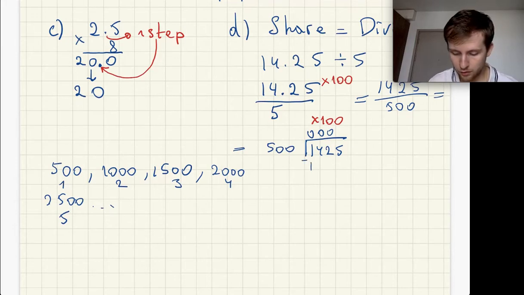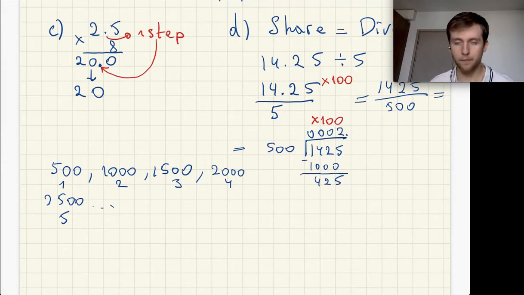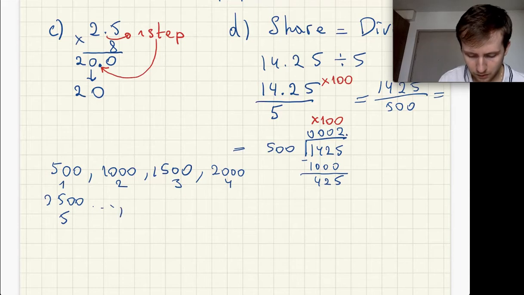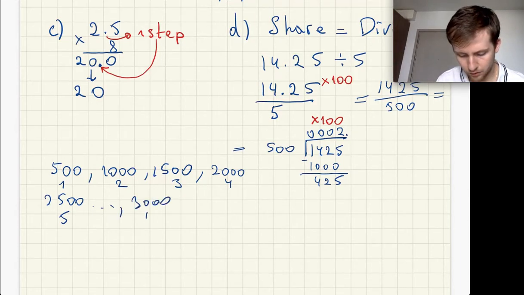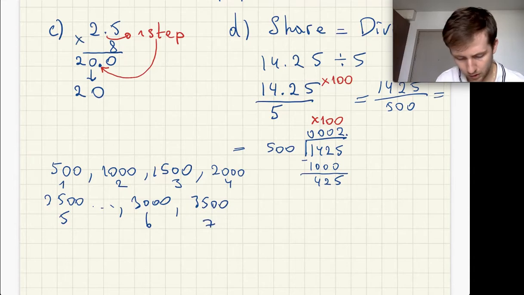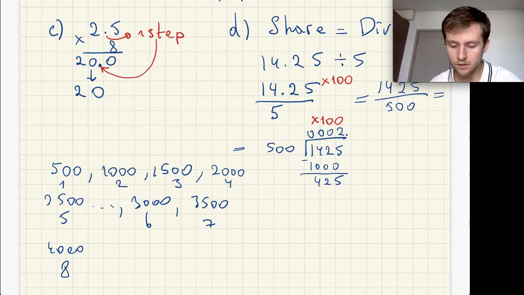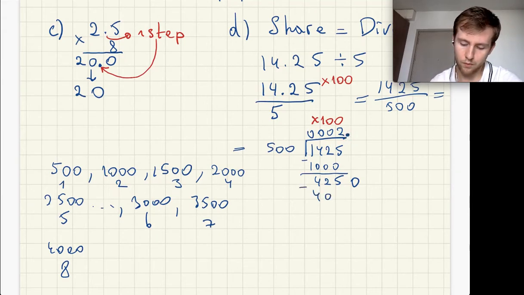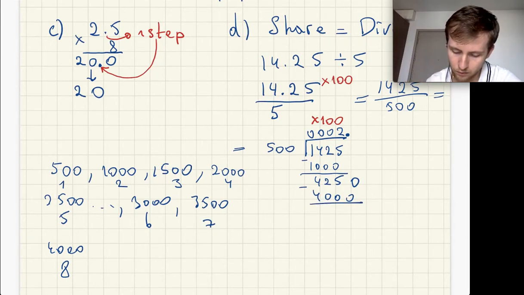So minus 1000, and then here we write 2. Then the answer we get is 425. So 500 does not fit into 425, but it does fit into, so we have 3000 is 6, 3500 for 7, 4000 is for 8. So it does fit actually in 4000. So we put the point here, right? We have to put the points, and then we subtract 4000 from it. So it fits into 4000 8 times. So we write 8, 2.8,